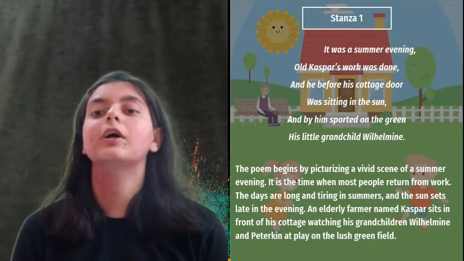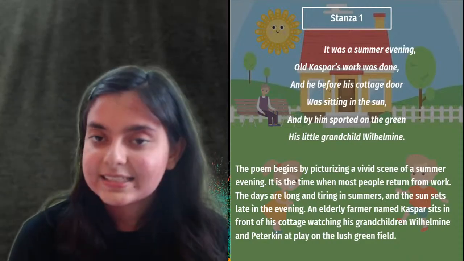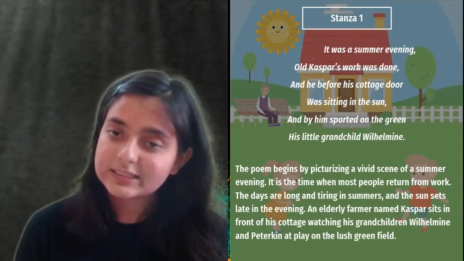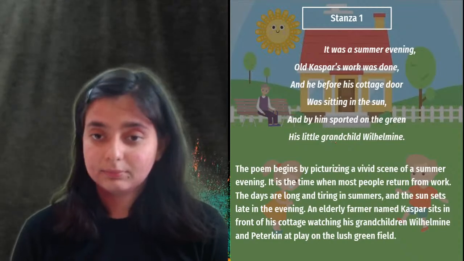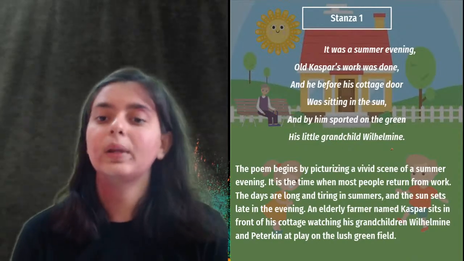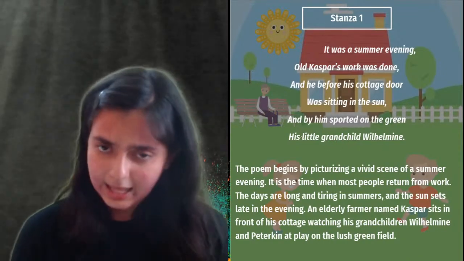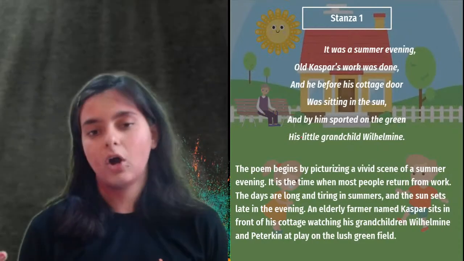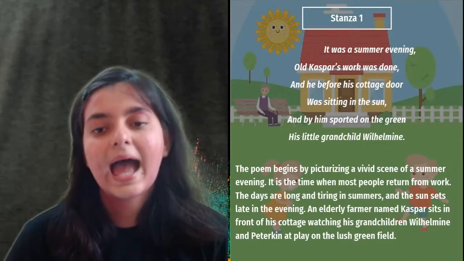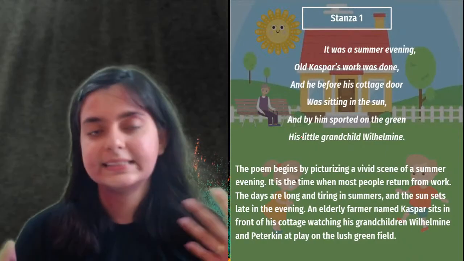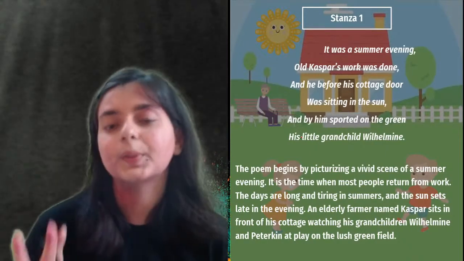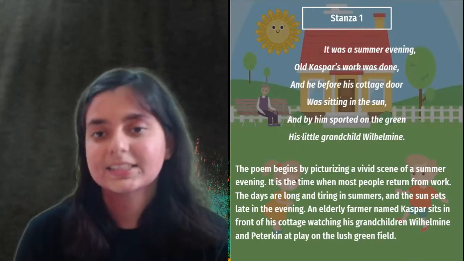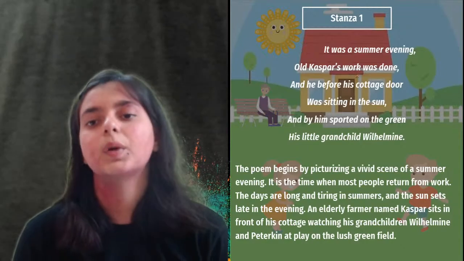Old Casper's work was done, and he before his cottage door was sitting in the sun, and by him spotted on the green his little grandchild Wilhelmine. Now you can see over here, the poem begins with picturizing a vivid scene of a summer evening. And what is the scene over here? It's a very casual and normal scene where an elderly farmer called Casper, after completing his work, was sitting